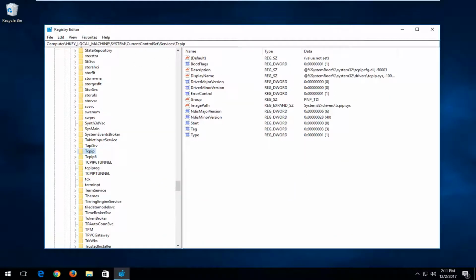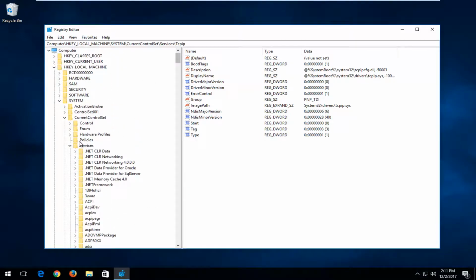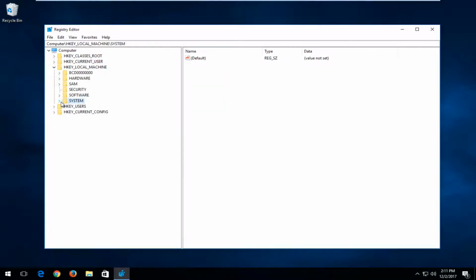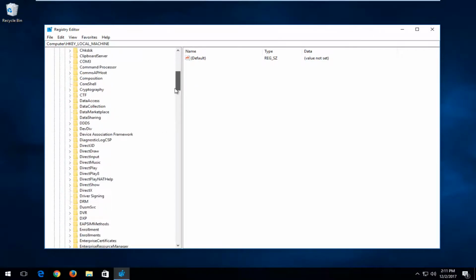Once you've done that, we can back out of some of this. And you can also note on the top here we have the path of where I am, so if you ever get lost in the video, you're more than welcome just to refer to this up here. And once we've done that, what we're going to do now is navigate over to HKEY_LOCAL_MACHINE again. So let's go back up to the top, close out of this stuff. HKEY_LOCAL_MACHINE, go down to Software, expand the Software folder. And now that we've expanded the software, you want to go down to Microsoft. And then look for a folder that says